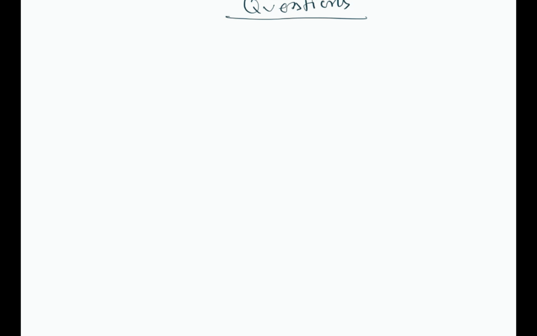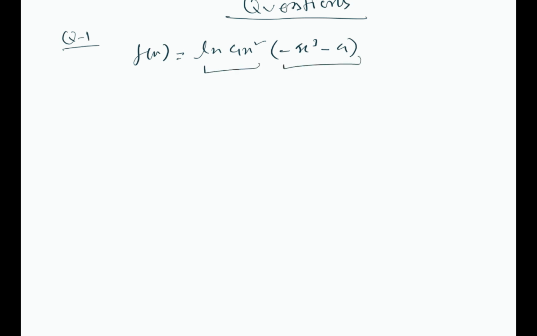So question 1. For question 1, we have a function f of x, which is ln of 4x squared times minus x to the power 3 minus 4. If you check it carefully, you can easily understand that this is one function, this is another function, and they are multiplied together. So we can use